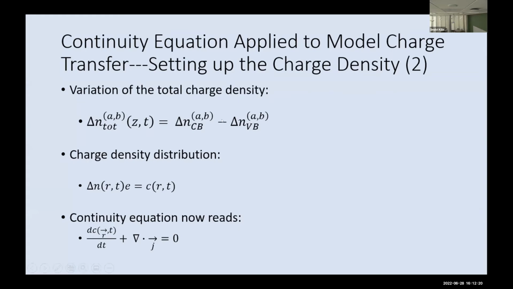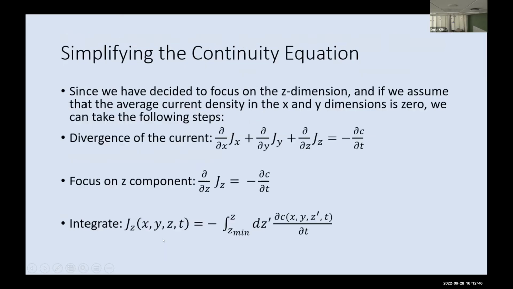From there, once we have this partial density of our conduction band and our valence band, we take the difference of those to get our total charge density. We multiply that by the Coulomb electron charge, I think, and then we have the charge distribution that we'll put into our continuity equation. So once we have that,